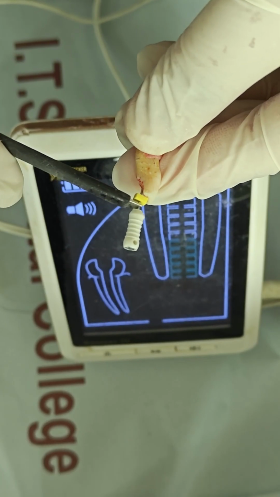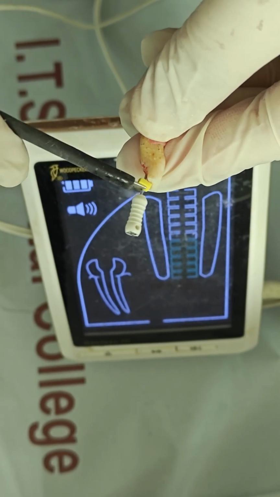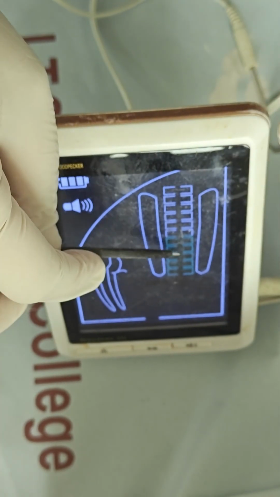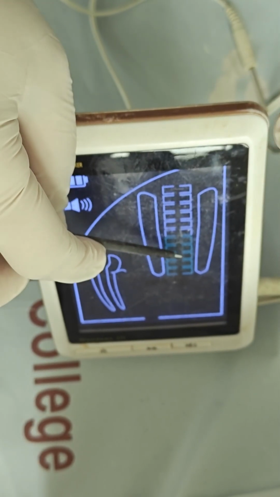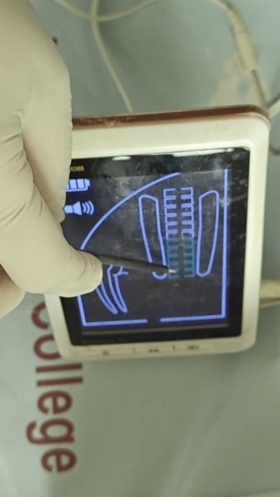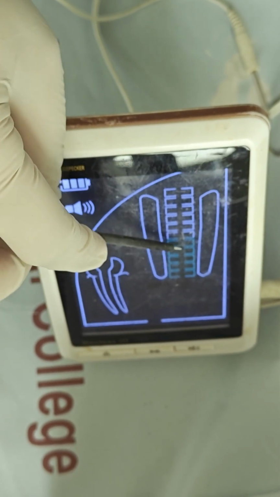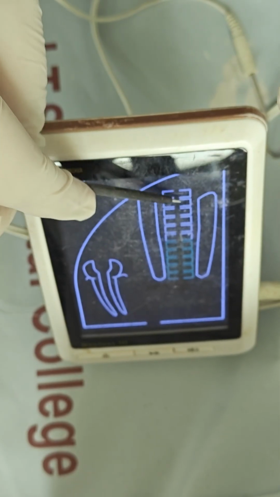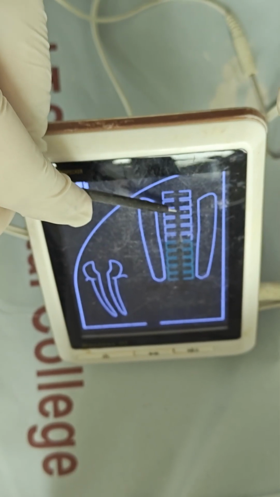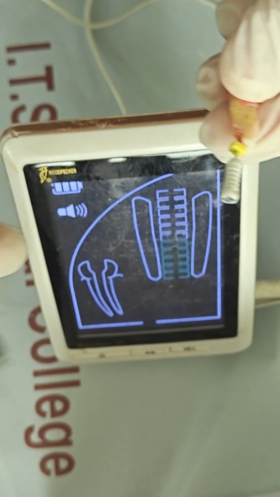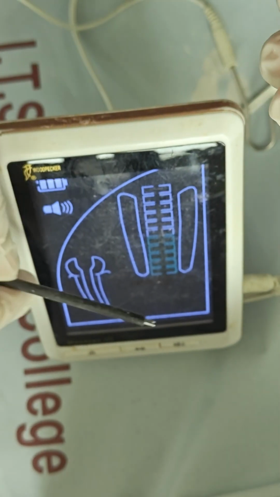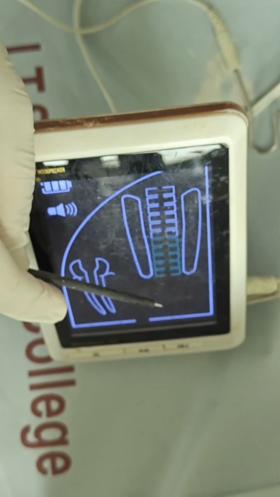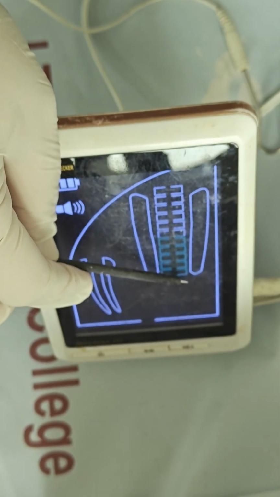If your length is correct, if it is going up to the minor diameter, it will come in the green zone. If you hear the beep in the green zone, that means you are correct. But if the beeping is heard in the white zone, that means you are short of your minor diameter and you need to increase the working length. And if you see a red sign over here, that shows that you have gone beyond the minor diameter.